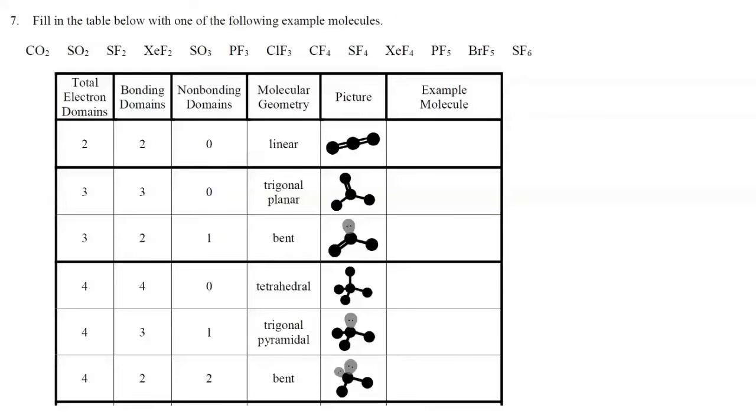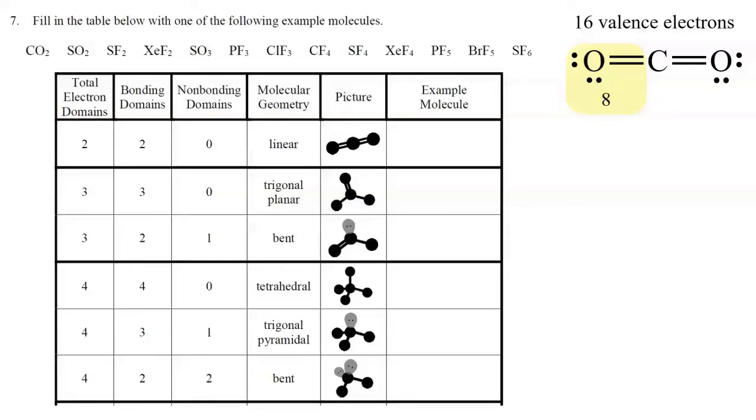The first Lewis diagram that I'm going to show you is for carbon dioxide. We've already talked about this molecule earlier, and you can see with carbon dioxide there is a total of 16 valence electrons that were used to create this Lewis diagram. And if I count up the fact that 16 is a multiple of 8, I have 2 groups of 8. And you'll notice that there are no extra electrons, there's no lone pairs, no non-bonding domains on the central atom. So where this fits in the table is in that first row where it says 2 bonding domains and 0